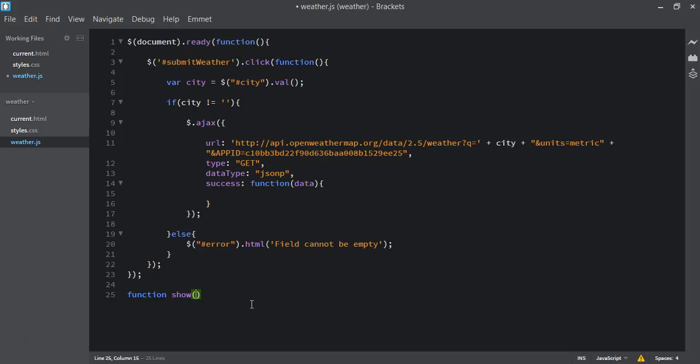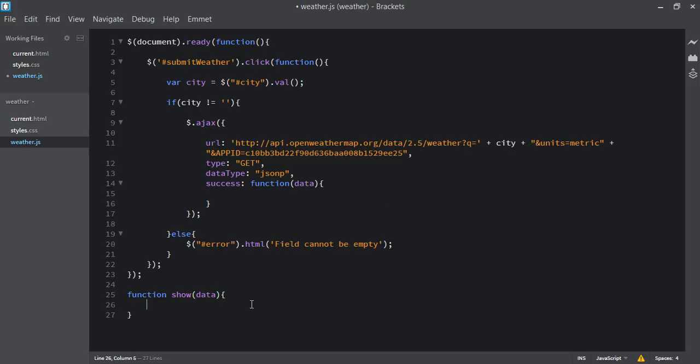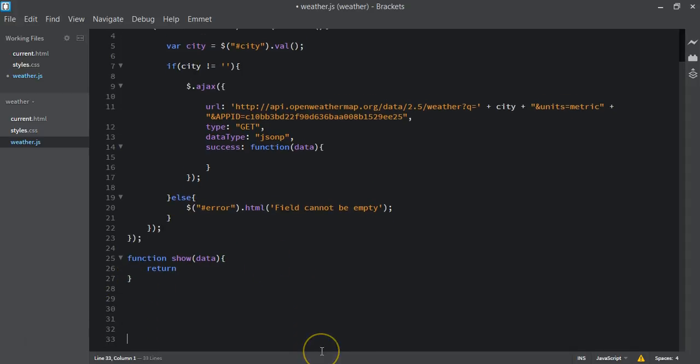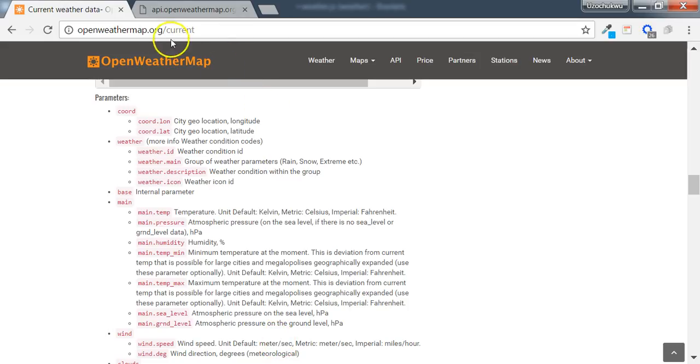It's going to take in a parameter, and the parameter, call it data as well. So this function show is going to take a parameter, and what it's going to do is return the result. All the results we're going to display, it's going to return all of them. So the first thing I want to return here is weather.main. So if we go back here, I want to return this weather.main, which is the group of weather parameters,